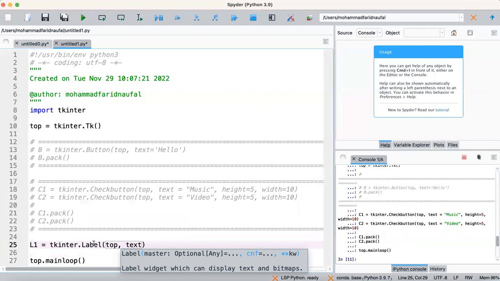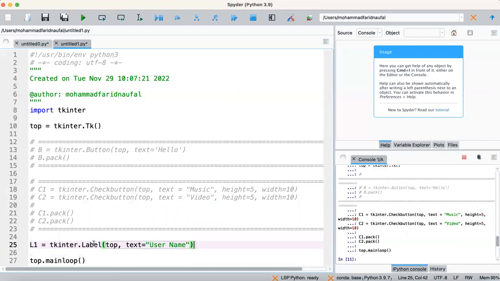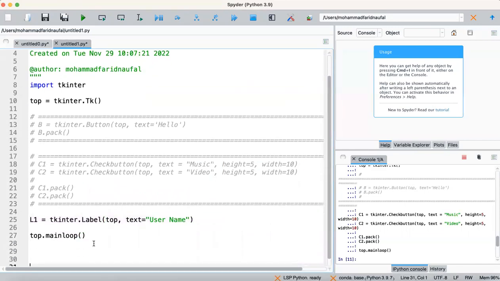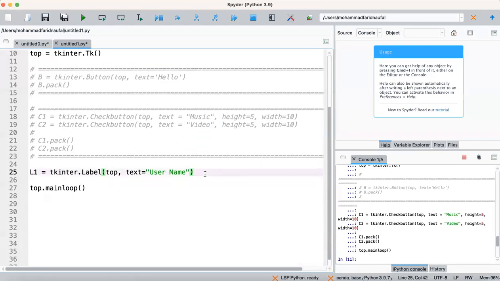Then for the text, we call the username. Then for L1, we call the pack function here. In the pack function, we can add the side argument. If we choose left, it will be placed on the left of our main window, right?